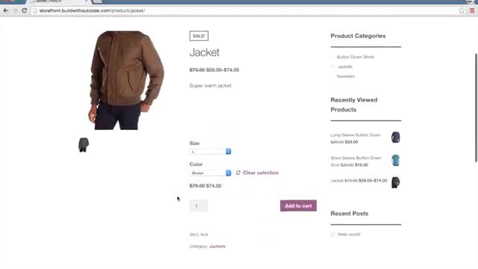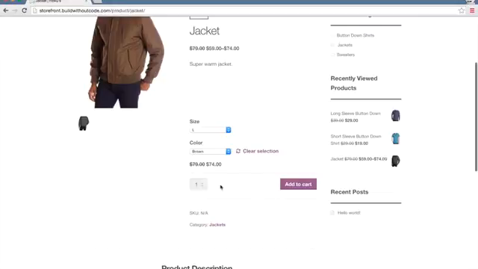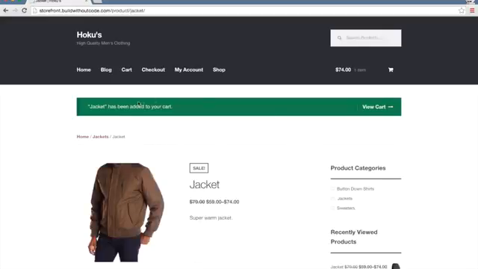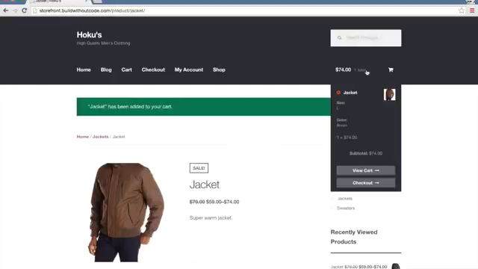Brown, large, you can see the price has now changed to $74. So let's go ahead and add this to cart. And you can see it shows this banner when we add it to cart. We can also get to cart by clicking up here, or right here we have this nice little cart area